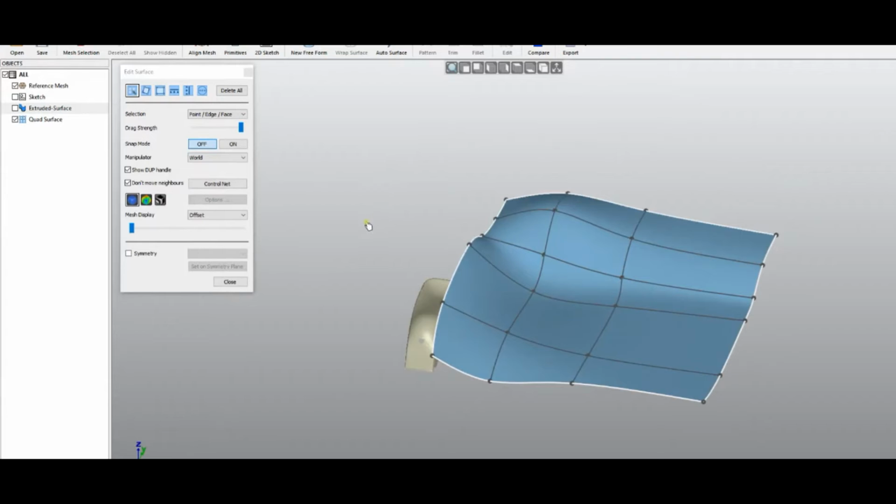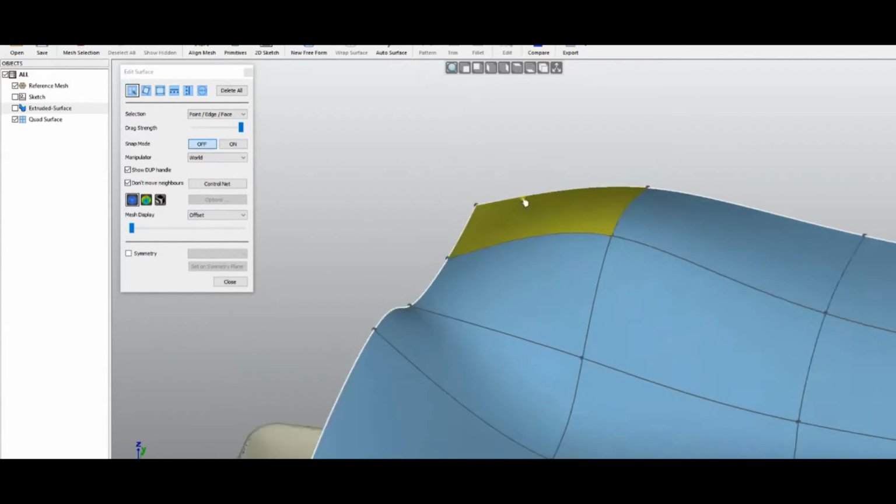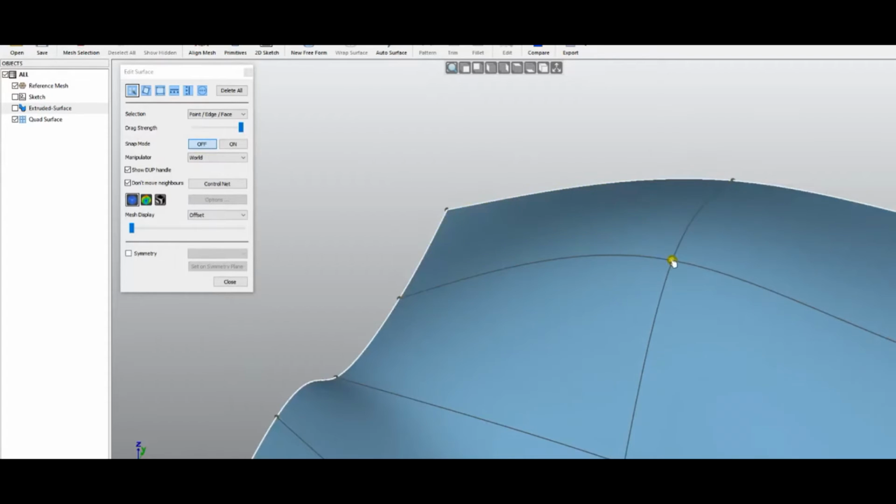Now, there is an option which is called drag strength, and it's useful when you want to do some really fine tuning. I can just put these two points and faces and edges. I click here, and if I move this, it moves with the mouse. But in some cases, you may need to move really slowly and really fine, so you can change this drag strength. And as you see here, even if I move with the mouse, it moves really slowly. I can put it even to the minimum, and then it's actually